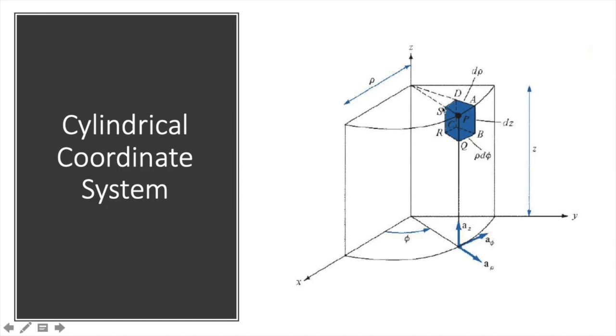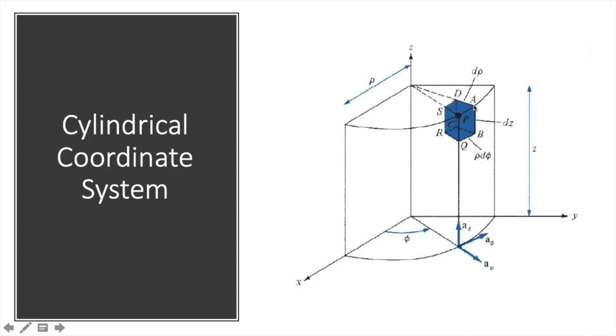So if we are standing here at S, to come at P, what will be the increment? d rho. Similarly, if we are standing here at P and if we want to move towards A, then what will be the increment? Again the movement is along the phi direction. So this phi will change from phi to d phi. So this angle that we have written here is actually d phi. So this one was d rho, this is d phi. This angle is basically not this length, but rather the angle is d phi.